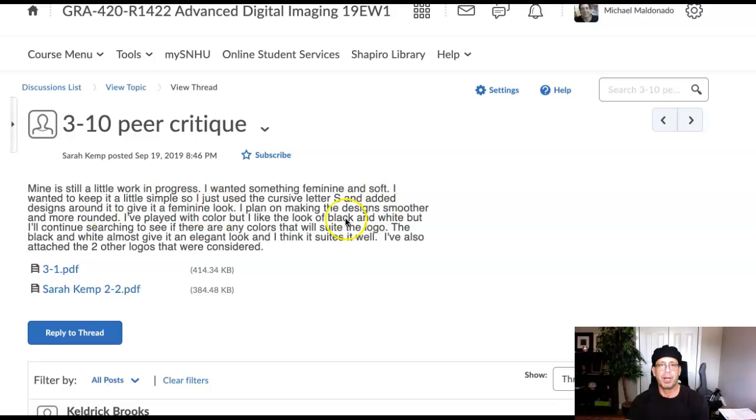Okay, so you're talking about a feminine look. Just keep in mind, the more feminine your logo is, the more you're going to appear to be a designer that can only design in that particular style. That's why we try to stay away from extremely masculine, extremely aggressive, extremely feminine, extremely subtle logos because imagine a